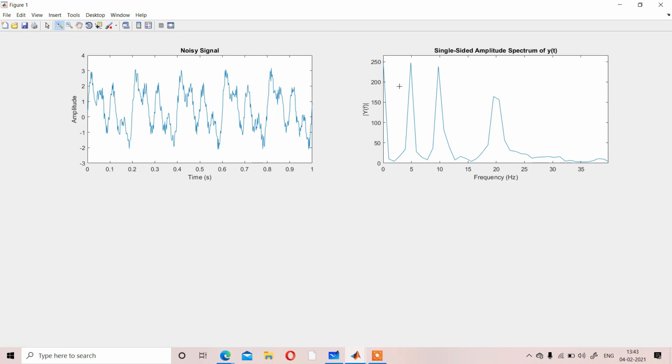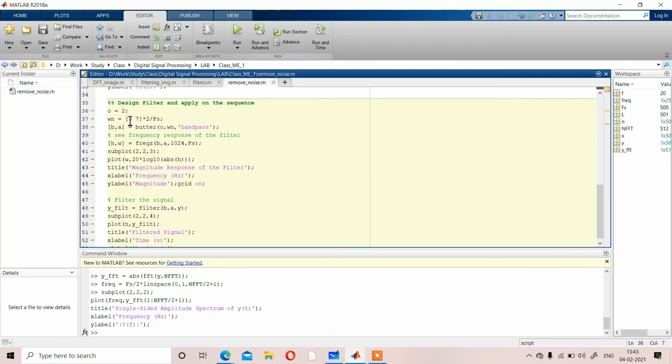So that is the importance of the spectrum analysis, or the frequency domain analysis, of the input signal: you can design your filter by considering the frequency ranges. So depending on that, first we choose the passband omega n, simply the cutoff range 3 to 7. And 2 by fs, because the time period must be 1 by fs into 2 in that range. You can also choose something different, within that range it will be shown. It's not so important. The main important part is 3 to 7. That is the cutoff frequency you are going to choose.